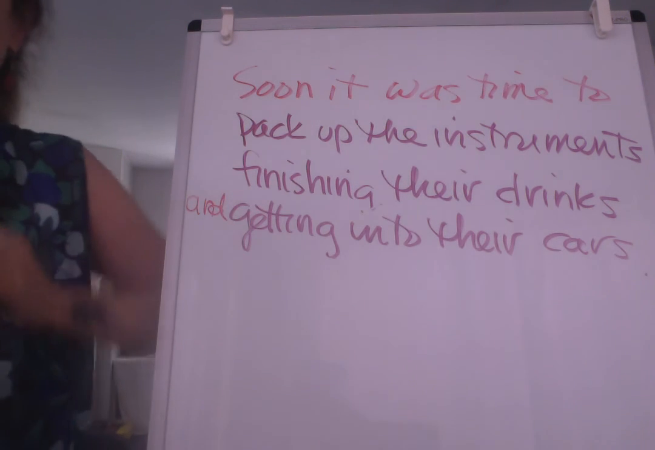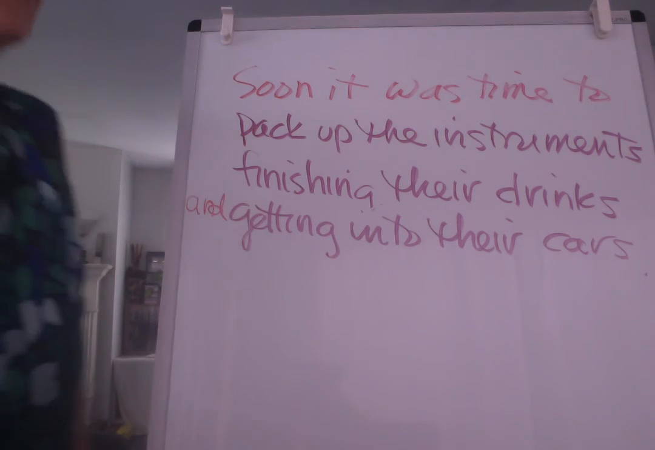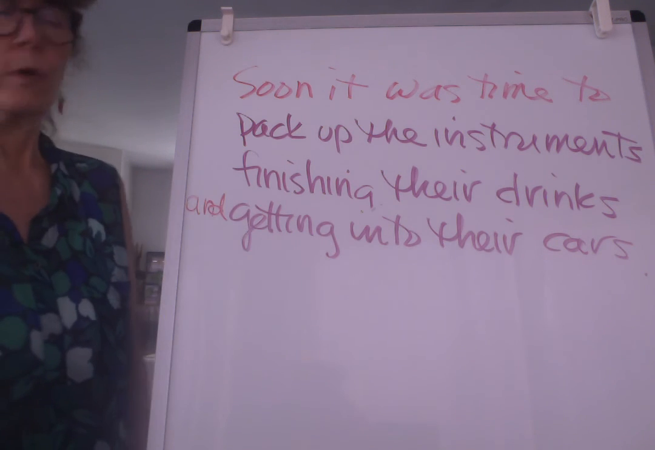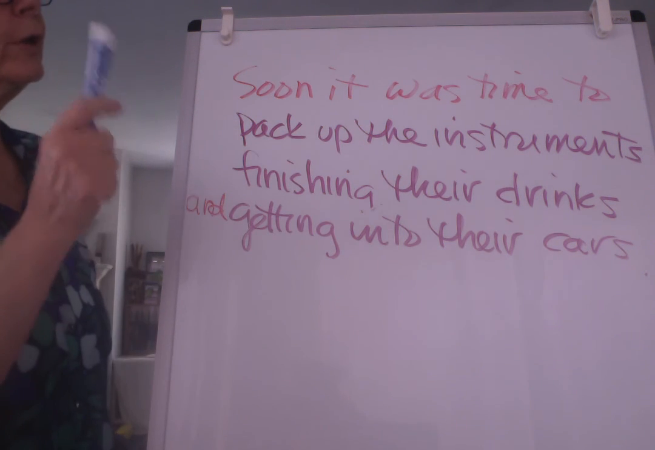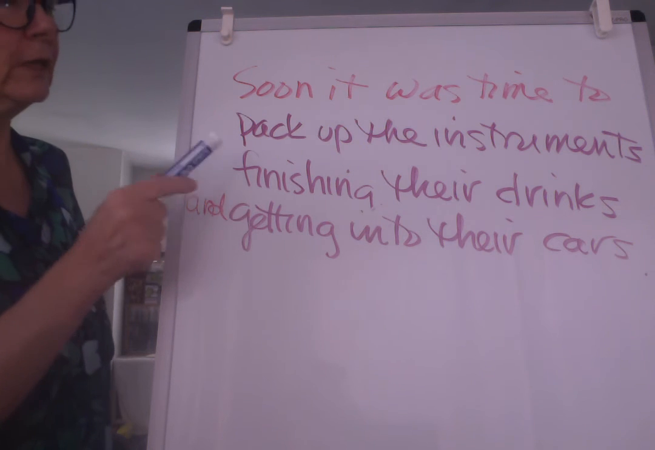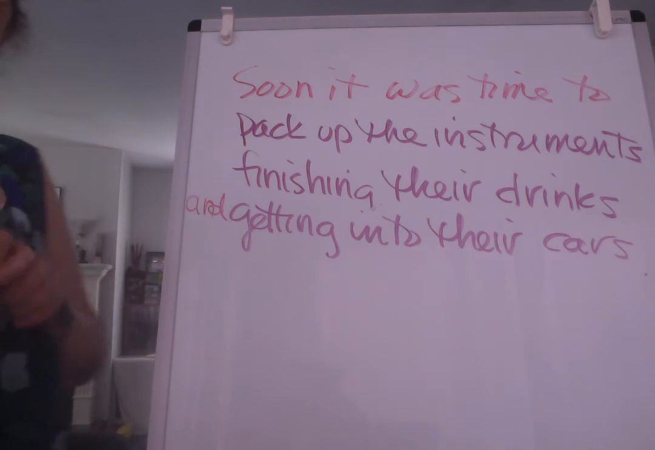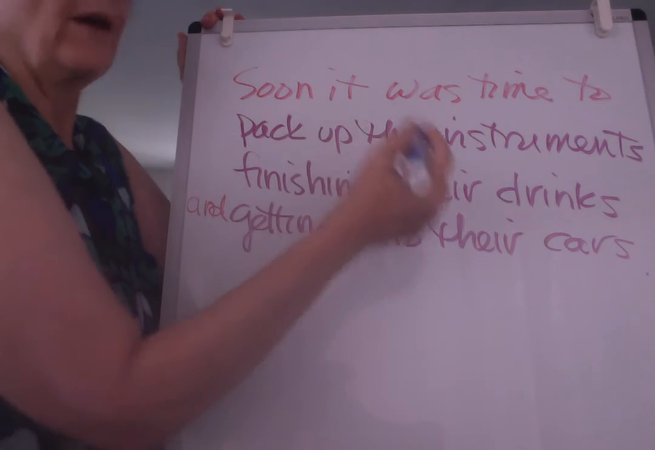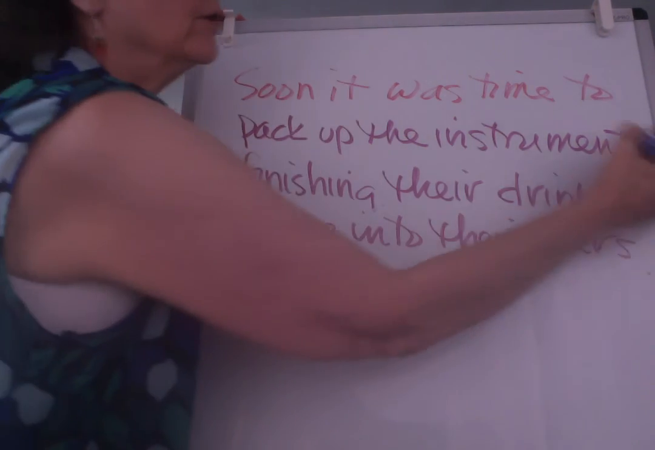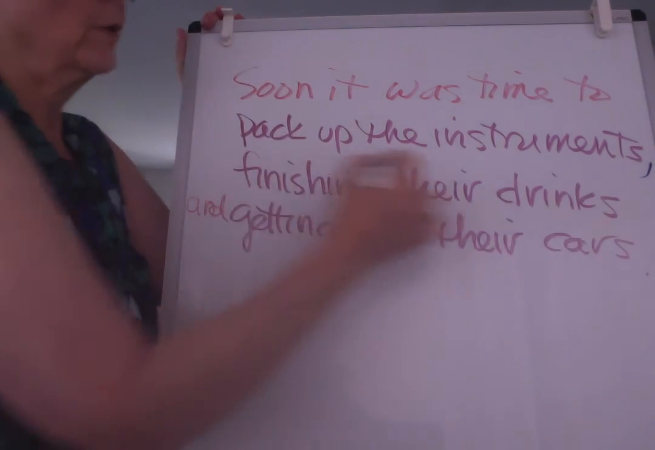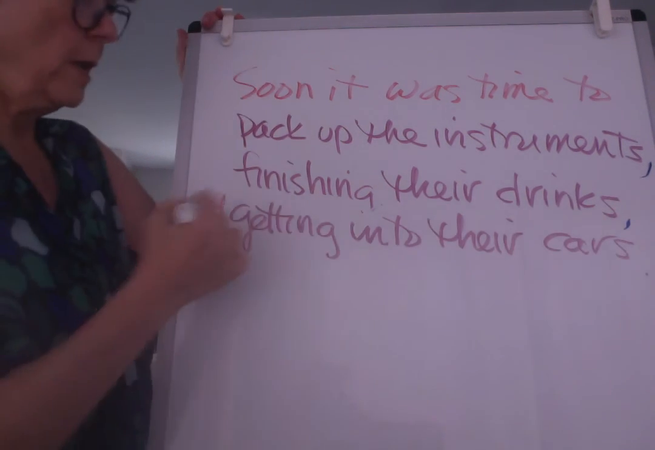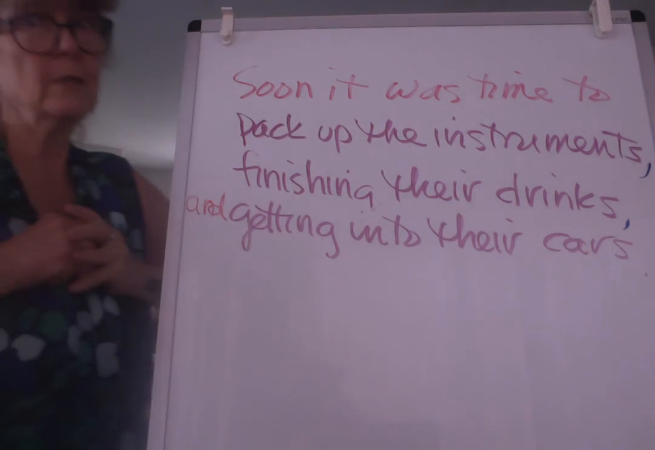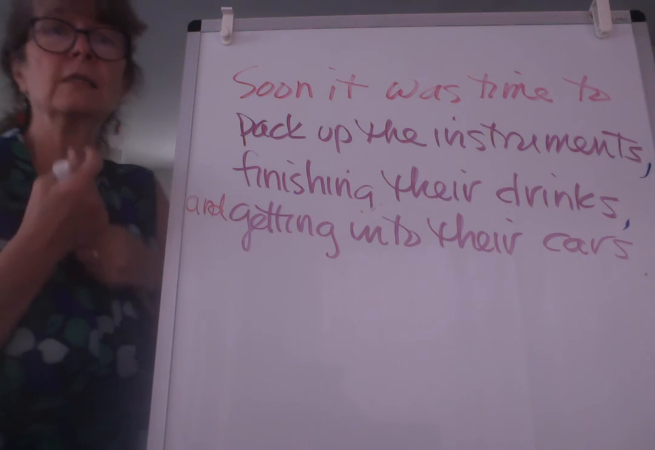We have a list of things in this sentence. Three things that it was time to do, right? So soon it was time to do this, to do this, to do this. So because we have three things, more than two, three things, we have to put commas there. We're going to do this, comma, we're going to do this, comma, and we're going to do this. So we have to think about the commas if there are three or more things in the list, but we